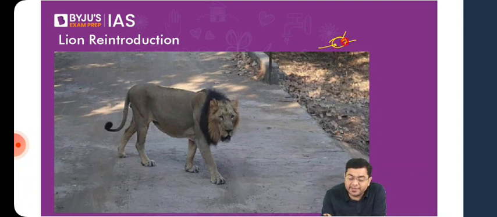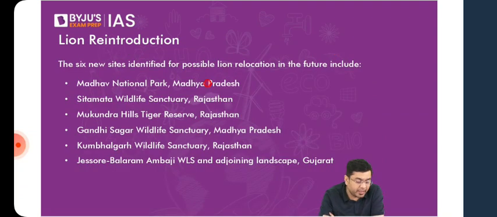We have taken the example of CDV, the canine distemper virus, which wiped out a population of more than 1,000 African lions at one go in the Serengeti region of Tanzania. Similarly, you can have a viral infection or a disease impact that can influence a lot of the lion population in general, isn't it? So that is where you need to relocate or reintroduce these lions. That has always been understood as a priority. So these are the various areas possible for relocation and reintroduction of lions.